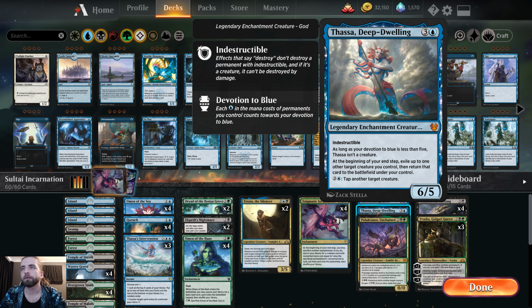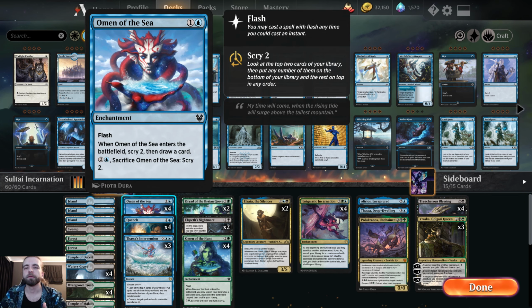And initially I wasn't too hot on using these because it was much more of a toolbox package, and I wanted to go a more consistent route. And to that end, I wanted to build around the omens a bit more. I wanted to use Omen of the Sea quite a lot, and a lot of value for me comes in this being a Preordain, which you can cast at instant speed for an extra mana, and this enters the battlefield,